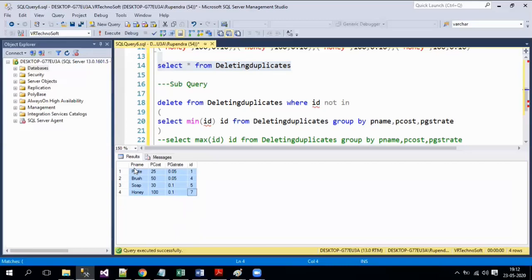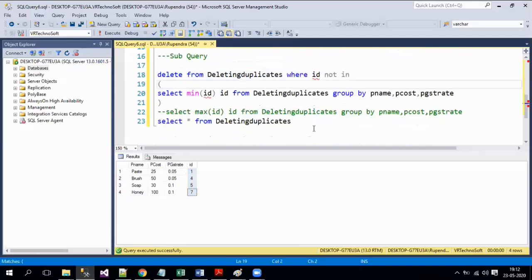So for this we definitely require at least one identity column, and on the basis of that ID column only can we delete the duplicates. As I mentioned, if there is no authority to create an extra column, that is the ID column, then definitely you have to use only the other option, that is CTE. So now we'll see the next option. Even for the next option, that is using join, we require the ID column here again.